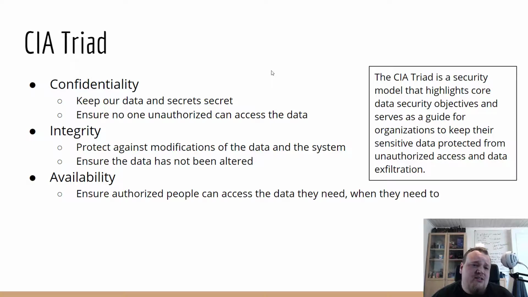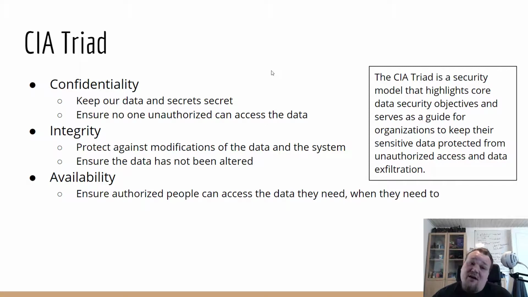The C for confidentiality is about how to keep your data secret. And keeping a secret is actually pretty difficult. Try and think about it. If you know something and you're not allowed to say it, but sometimes you need to do something and that kind of reveals what the secret is, how difficult will that be? In a way, it could be manageable, but in many other ways, it's going to be very difficult. So I would say keeping your data and your secret is difficult, but there are different ways you can do it, of course. Ensure no unauthorized person can access the data.